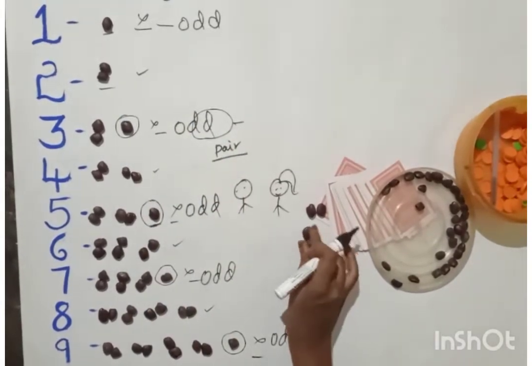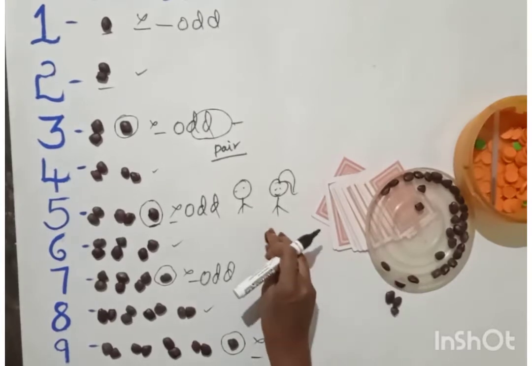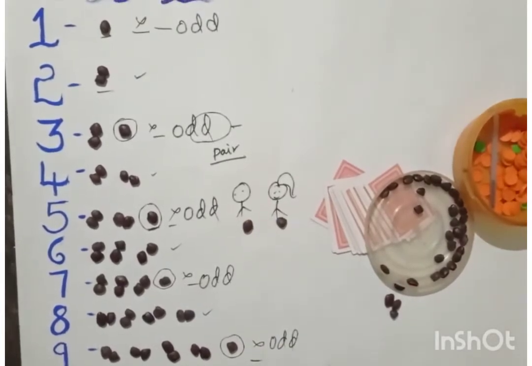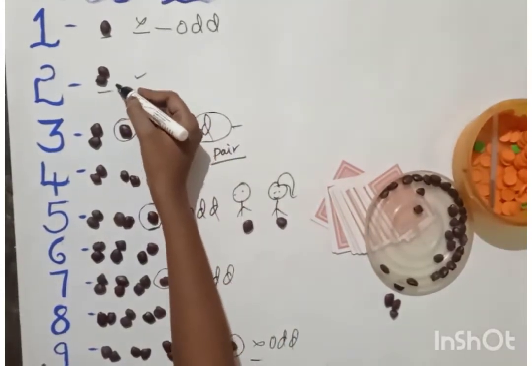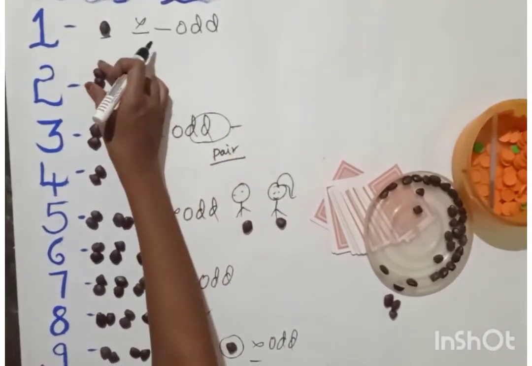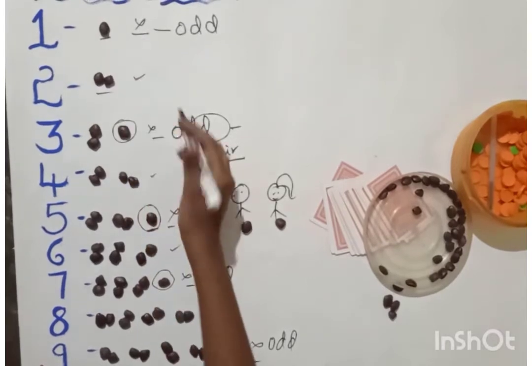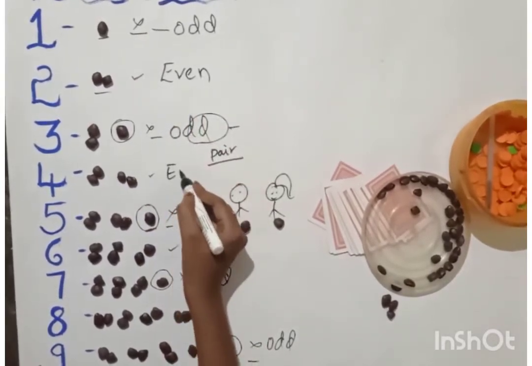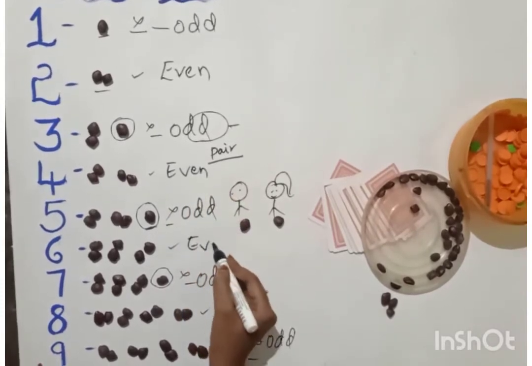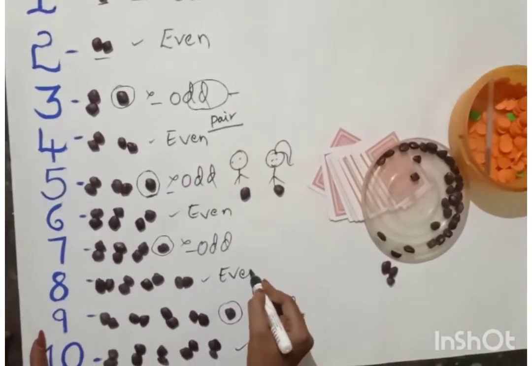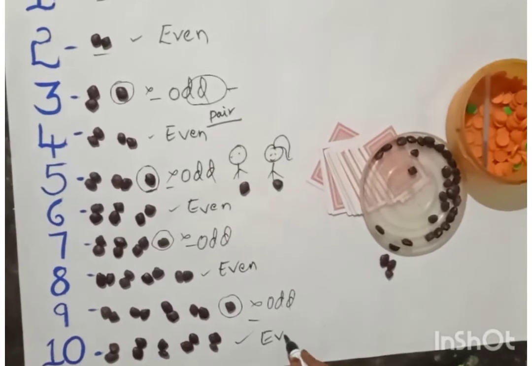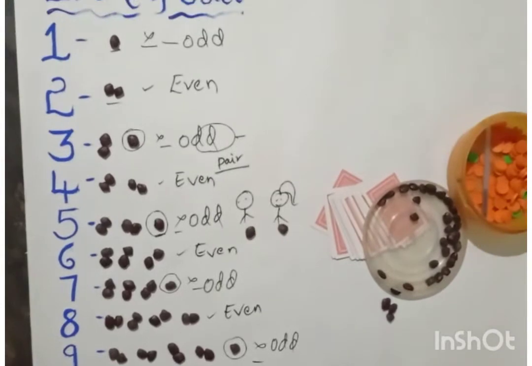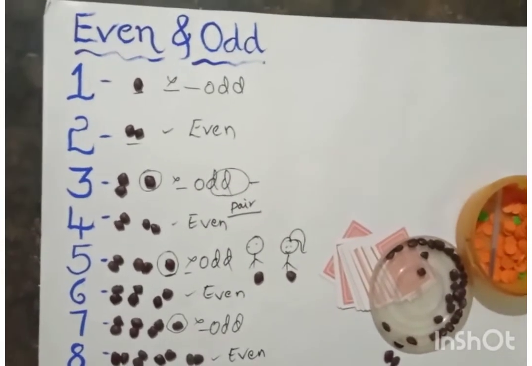Right? Then the numbers which we can make into complete pairs. It means if I have 2 tamarind seeds and I have to share with 2 kids, I can give one to each. Right? So if we can share them equally into two sets, then we call that number an even number. Even. So where nothing is left after making pairs, that is an even number. Here, by this chart, now tell me what are odd numbers and what are even numbers?